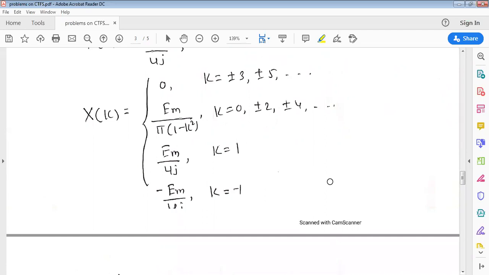If it was 1 by j, then what do you do? Multiply and divide by j. Denominator will become minus 1. Numerator will become plus j. So it will become minus j. If anything has the term j, you can rationalize. Anything without the term j is a constant only. It is a number only. So a pure real number cannot be rationalized. If it is an imaginary number, then only you can rationalize.